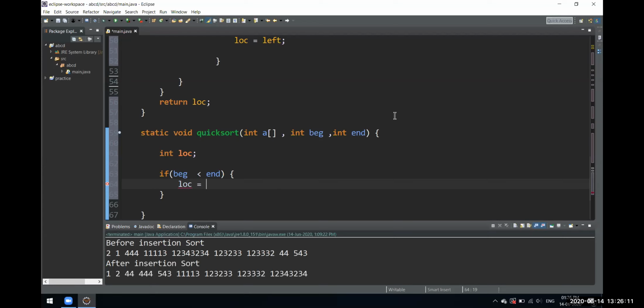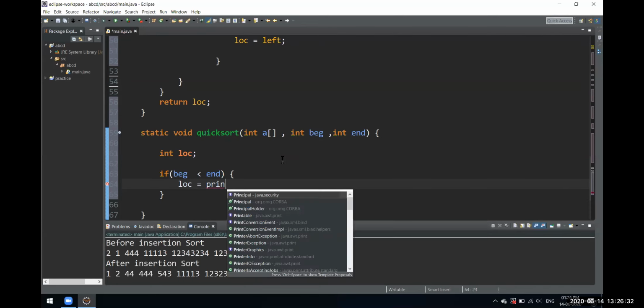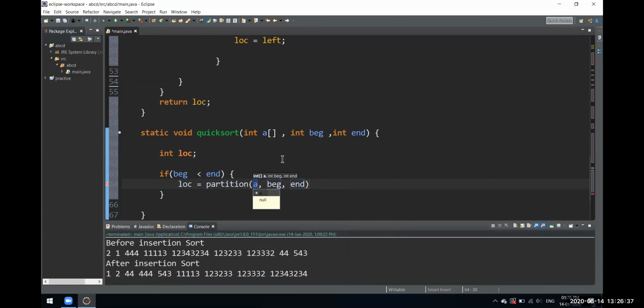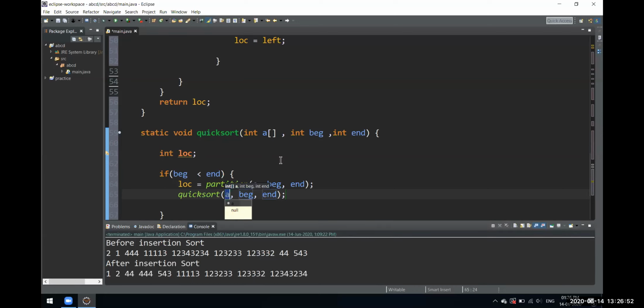Can we use different sorting algorithms for the same program? Yeah, you can, but as I told you, every sorting algorithm has its own time complexity and space complexity, like how much space it consumes. So according to our data and our needs, we have these different options. We can use any of them. If we have a smaller data set, we can use bubble sort. If we have a huge data set where time matters, then we can use quick sort. It's up to you which you want to use.